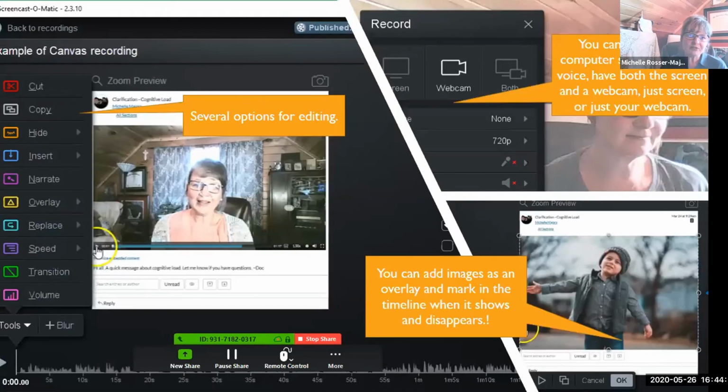So here are the options for editing. Again, there's cut, copy, the overlays, there's blurs, there's images, there's, oh my goodness, so many things, text. And in that video example I showed you, we could accent words, Dr. Anderson would say, to keep the student engaged. You can also, again, I'd mentioned the computer sounds or your voice. You can have your webcam with you on it. You can actually do that whole thing that we just did with Stephanie without our faces on there. We could just do it using our audio and adding the images and text.